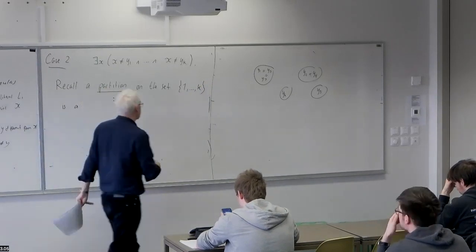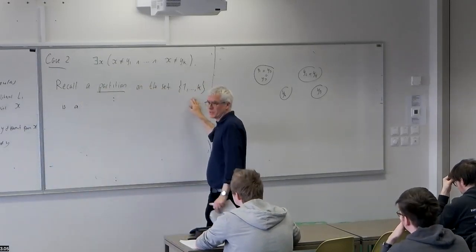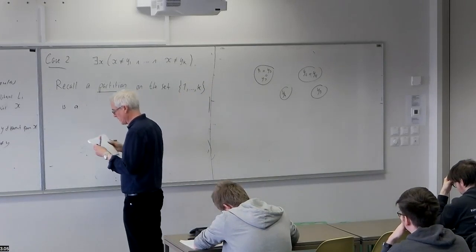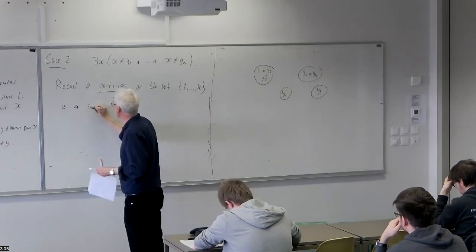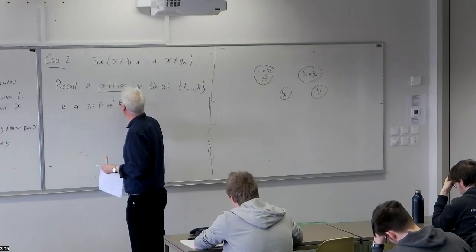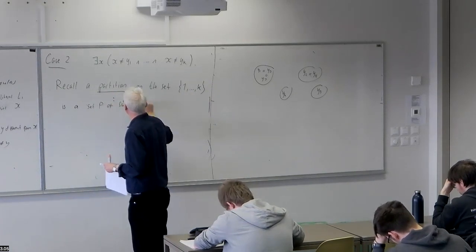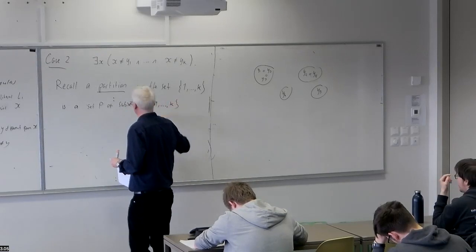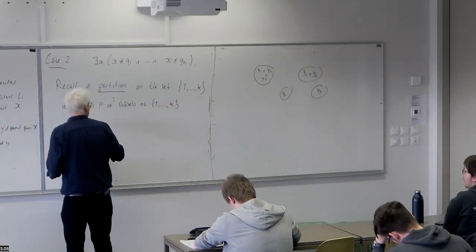So it's a collection of disjoint subsets whose union is the set 1 to k. So it is a set P of subsets of 1 to k such that